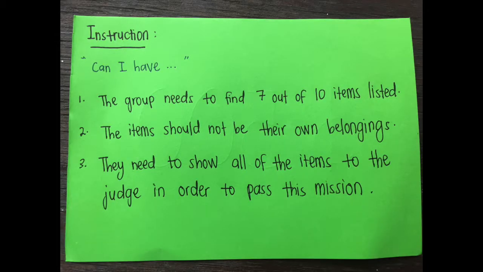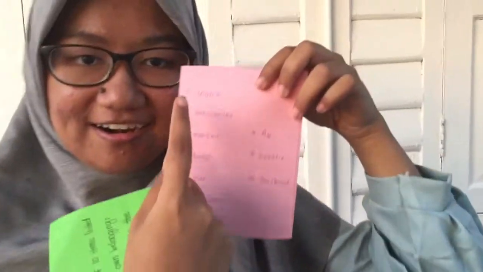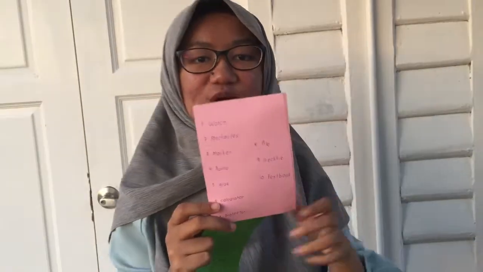This mission is called Can I Have? So this is the instruction for the mission. The group needs to find at least 7 out of 10 items listed. The items should not be their own belongings. They need to show all of the items to the judge in order to pass this mission. Right, so with me here is the 500 Juta mission. So we will give a list. There are 10 items here, and the students need to ask their classmates for the items. For example,